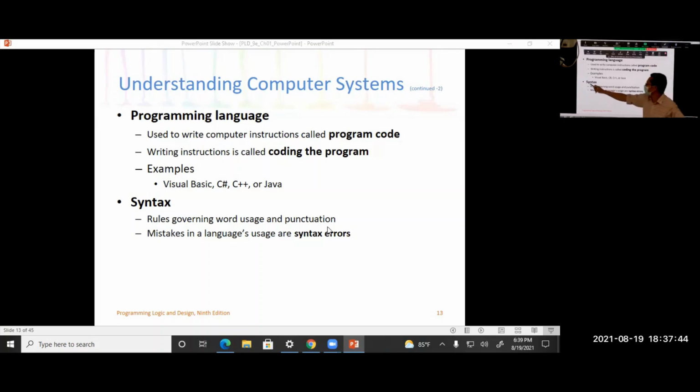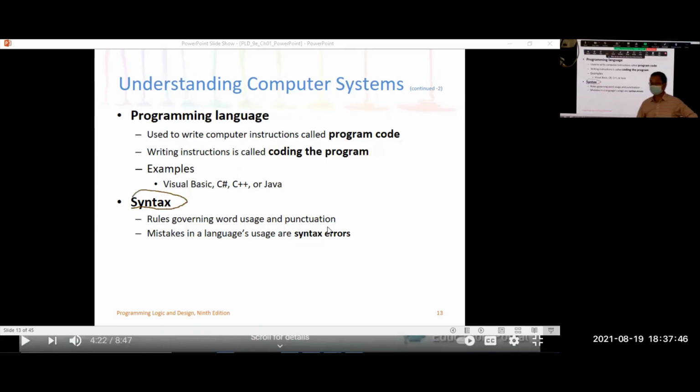The first one is syntax. You can think of syntax as grammar. Syntax is the rule that governs word usage and punctuation, and a mistake in the language is called a syntax error. So for syntax error, you can think about this one. If you